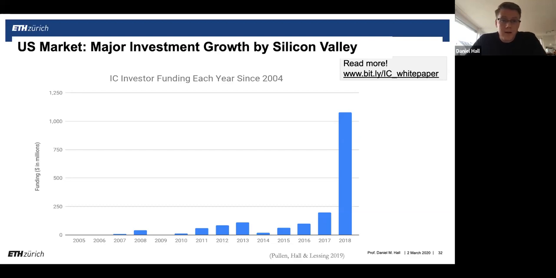I will say also, I know from conversations that I can't share specific details, this is not just the US. I know in Germany, there's going to be an announcement relatively soon that a German company using the same model is going to announce a major round of funding. So it's something that you shouldn't think is just happening in North America. It's actually happening around the world right now. The UK has a lot going on. And so there's some pretty significant things happening.